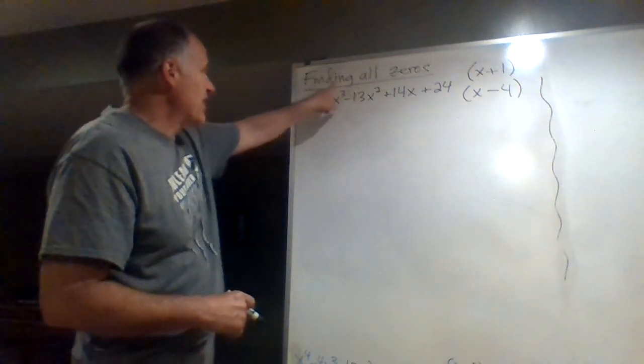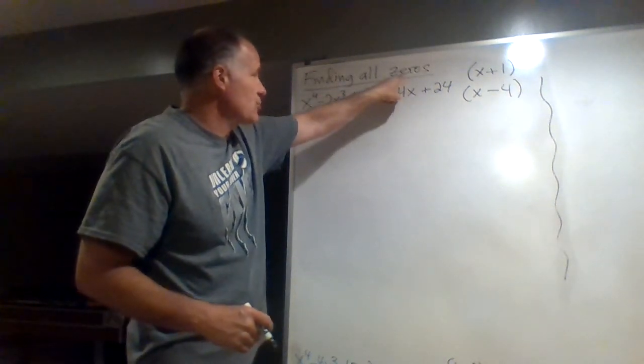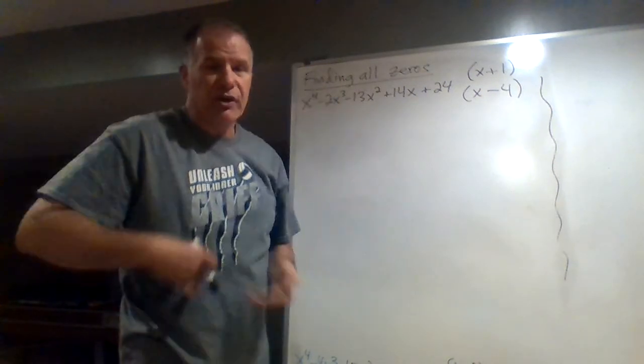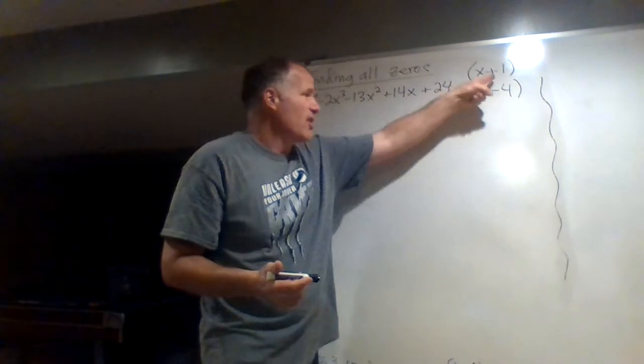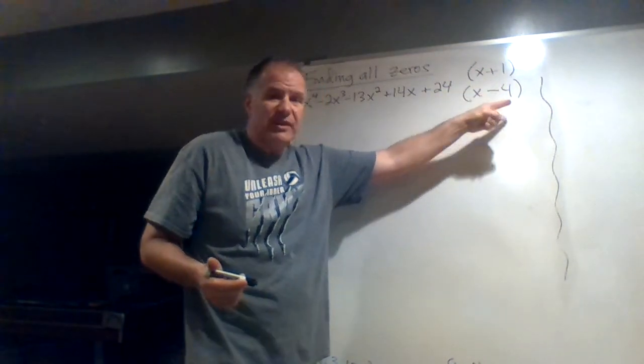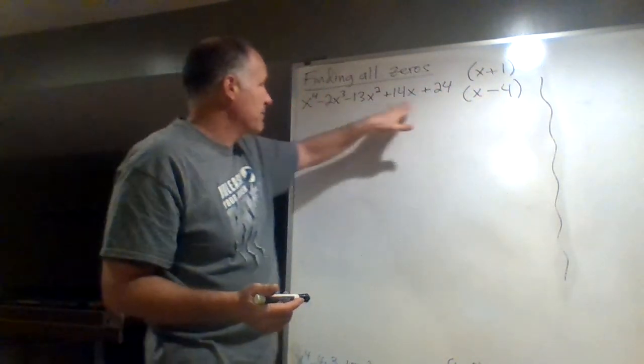Okay, remember finding the zeros. Remember, zeros would mean like the solutions, like where the graph crosses the x-axis. But basically, whatever we get when we solve these. Now remember, if I have this big polynomial,